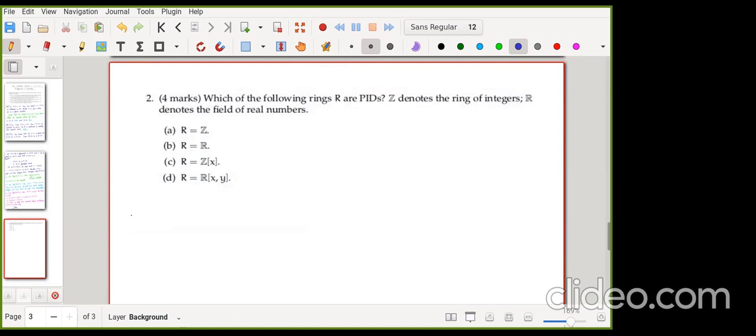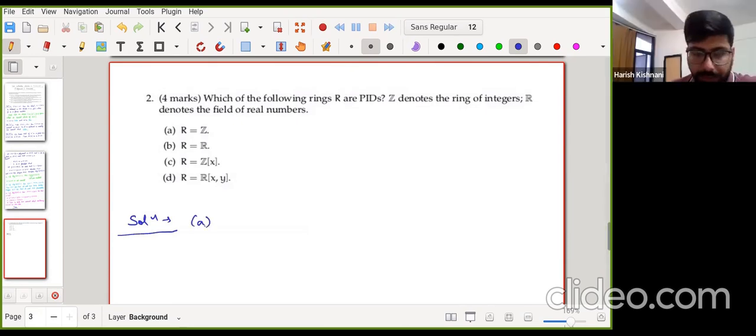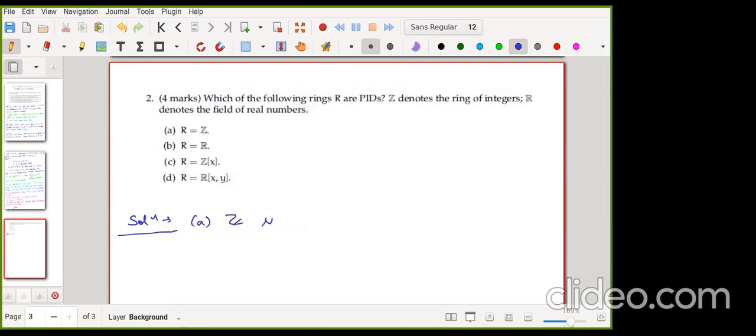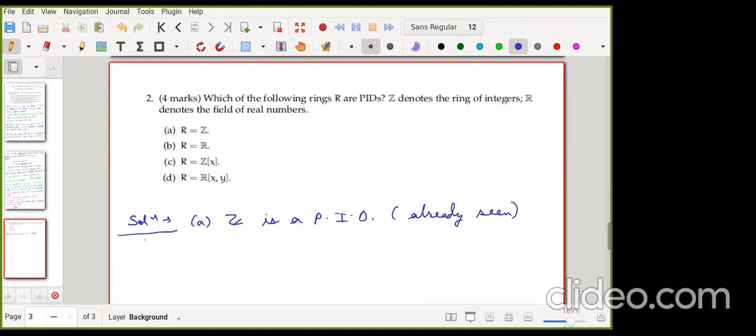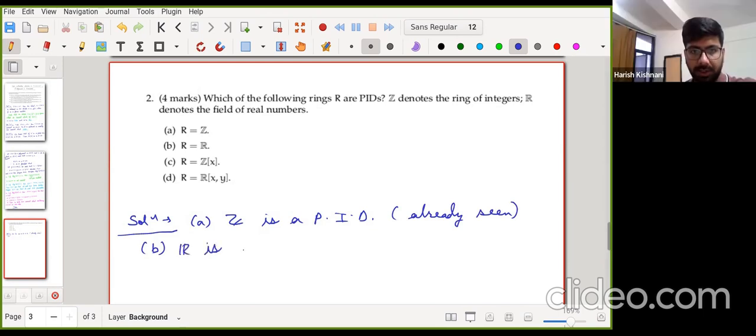So Z is a principal ideal domain. It is an integral domain, and every ideal is a principal ideal. So yes, A is true. Z is a PID. So that we have already seen. What about the second one? Every field is a principal ideal domain, because every field has only two ideals, generated by 0 and 1. Yes, R is a PID